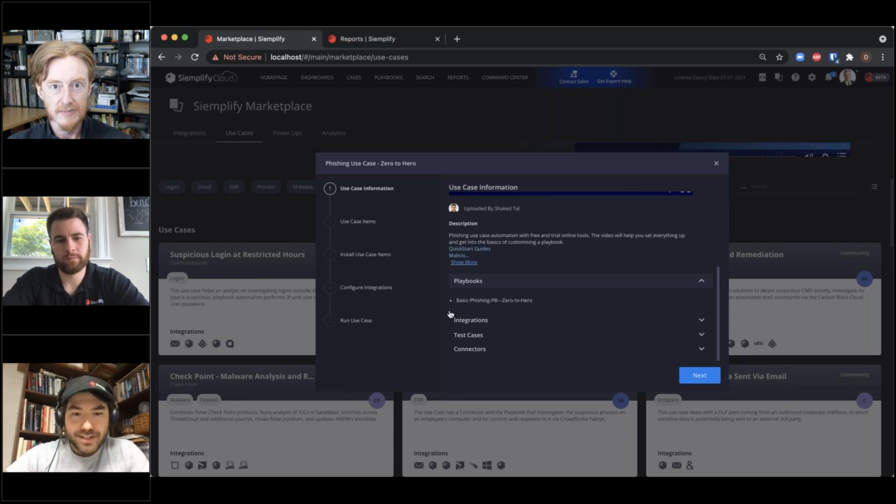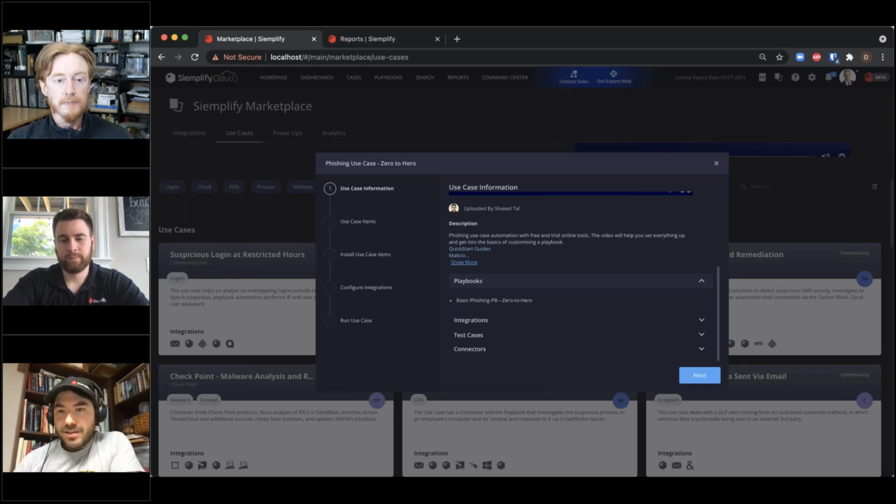We're going to take you through the process of not only installing this information, the playbooks, the integrations, even a test case, and if there's a connector that was used, you can install that connector as well. But we're also going to take you through the configuration and even the running of that use case, all within this use case screen and widget. It gives you the easy button to push when you say, I want to deploy a use case for phishing. We've got a use case for that. You just click next, and it installs. It takes you to the configuration of those integrations so that they'll work. And when you get to the end, you can hit run on that use case and it will generate a test case for you so that you can walk through the process taken within this use case.